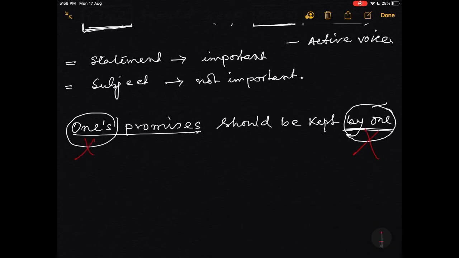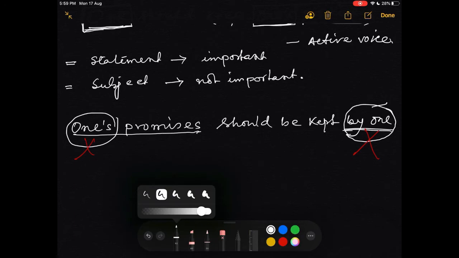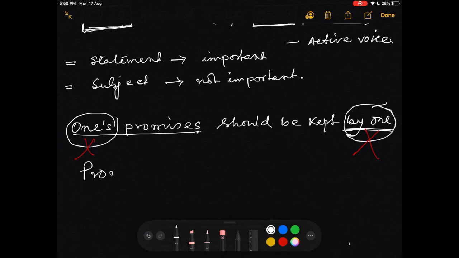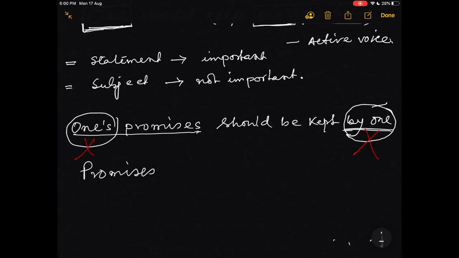Cut these two parts and it will become promises should be kept. Promises should be kept. Okay, this is one type of imperative sentence and its voice change. Another one, take this type of sentence,